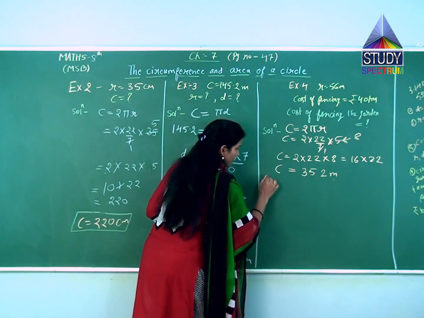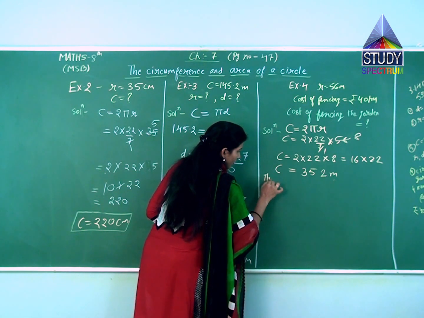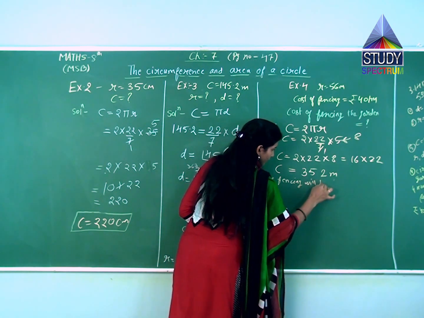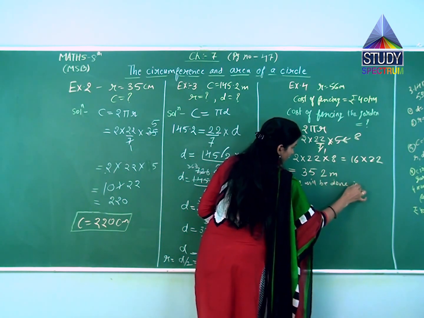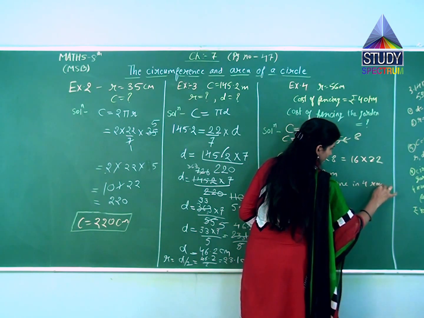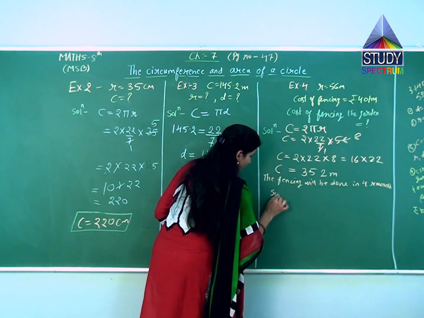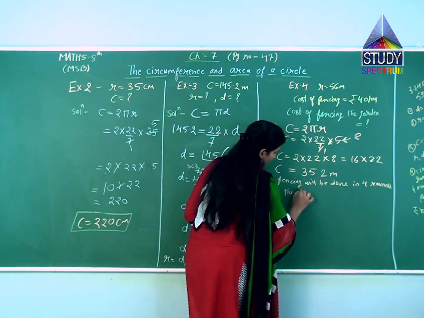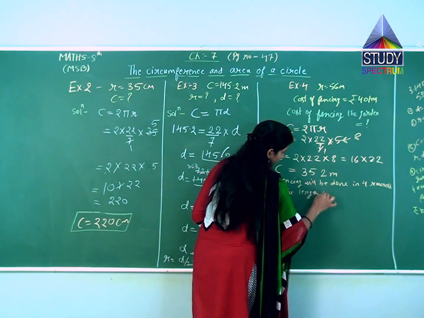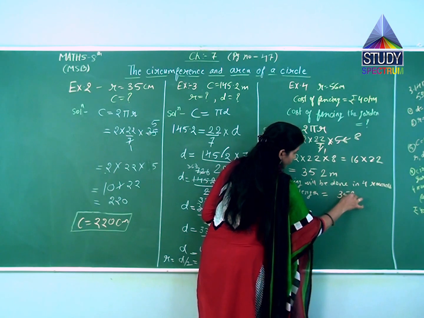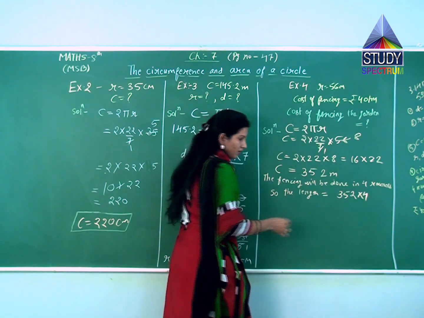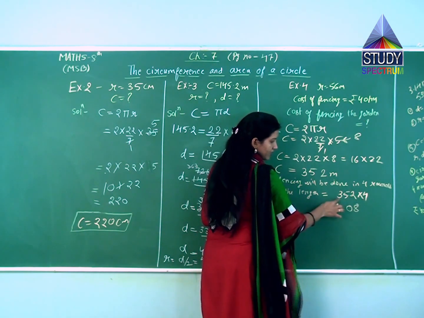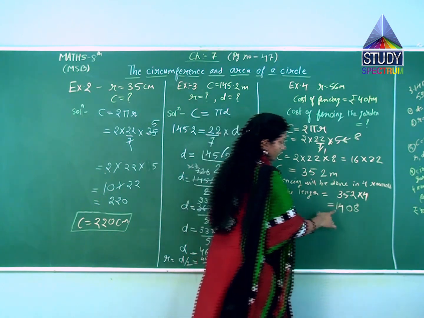That's why the fencing will be done in 4 rounds. So the length will be 352 into 4. So here we get 4 twos are 8, 4 fives are 20, 2 carry, 4 threes are 12, 12 plus 2, 14. 1408